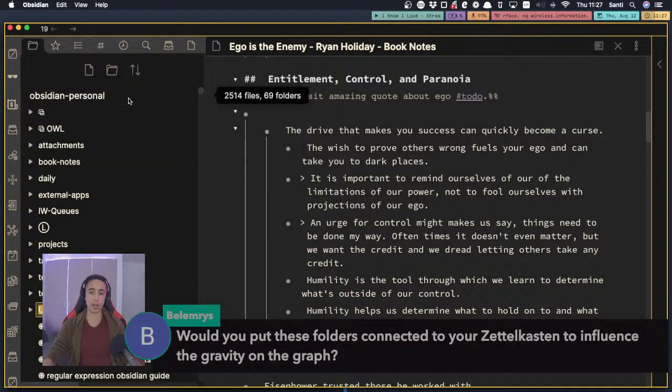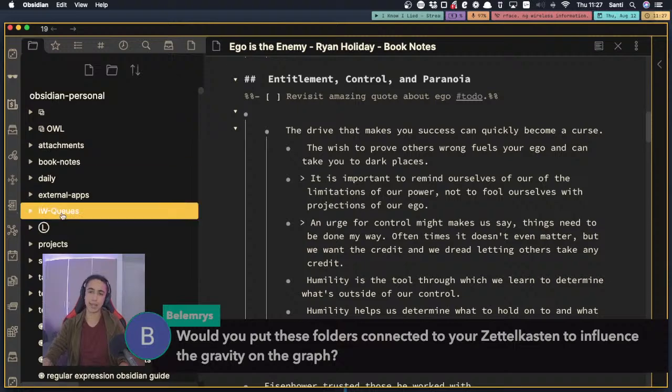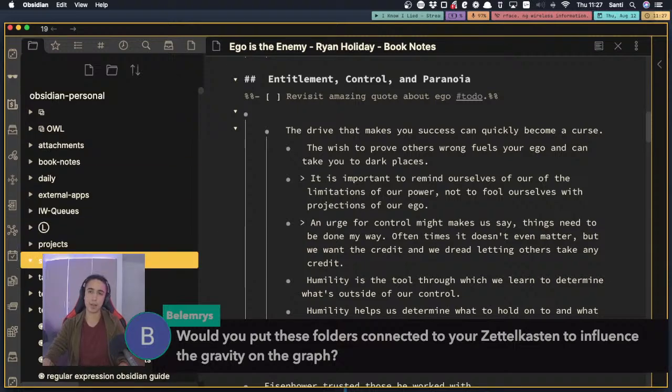So what I'm going to end up doing is having spaced repetition in here, and that is how I'm going to organize my flashcards. The same way that we have